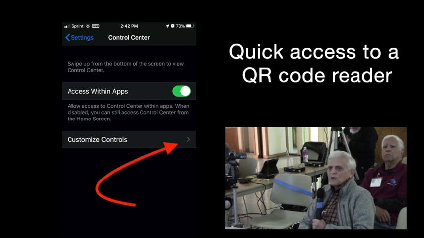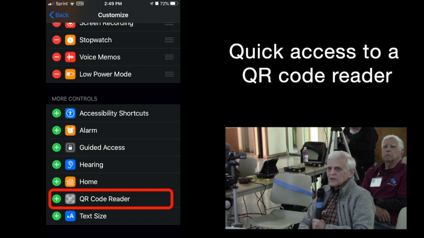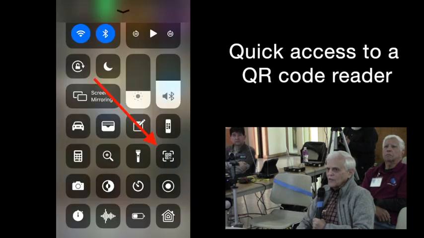Go down to QR code reader and click on the plus sign. There you go. Now scroll up and you'll see that it has been added. And now the QR code reader is right in the lower right corner, the square with a QR code in the middle of it. Right there. If you go to this QR code reader from your control center,